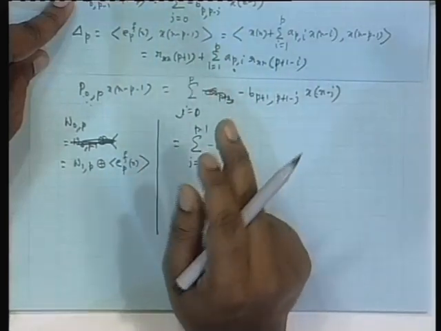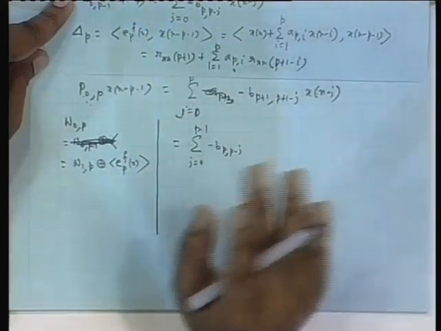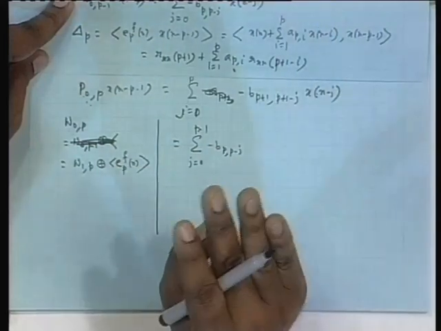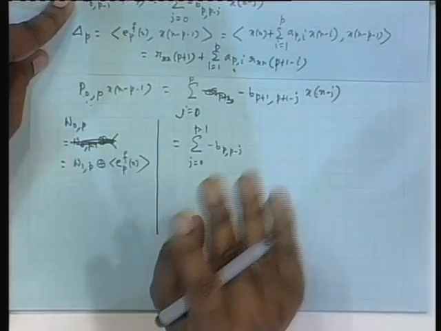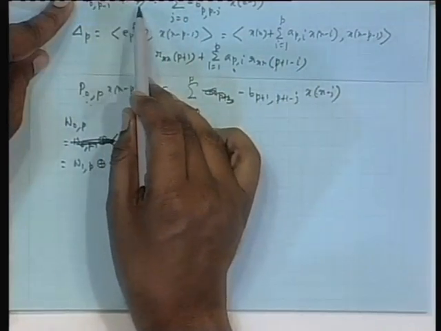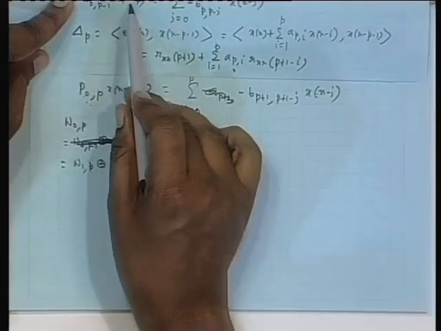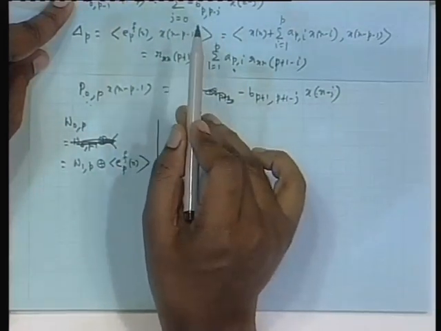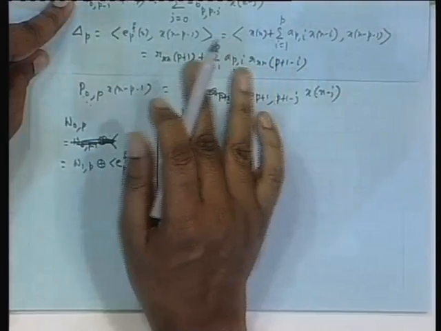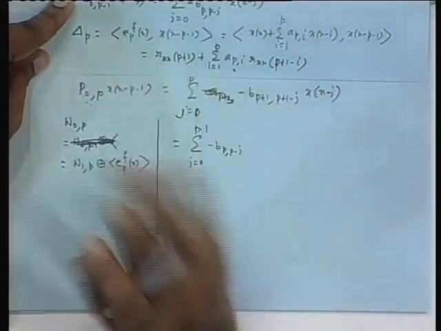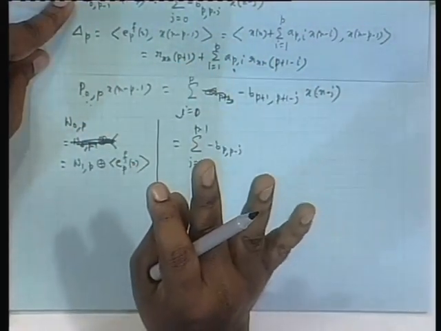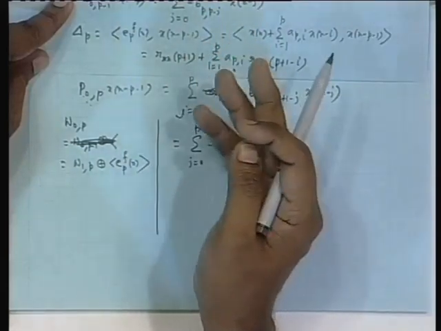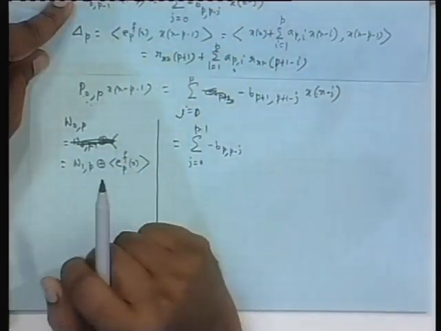Coefficients do not change with substitution of n by n prime, that is moving from n to n minus 1 and all that. That is important, that whatever projection coefficients you got in this formula when it was index n minus p, the same thing is valid when it is n minus 1 minus p. These coefficients do not change, they are independent of n. That is the key. If it is time varying, non-stationary, then all these things crash simply, because these coefficients become varying with time, and then I cannot play this kind of thing.